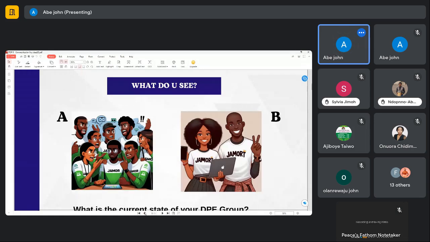Sylvia, communication is when you talk together, you share ideas, share information with one another. Okay, that's good. Is there another person before we move on? Any other person that would like to give us an idea of what effective communication is? Okay, so since there's no one, let's move on.